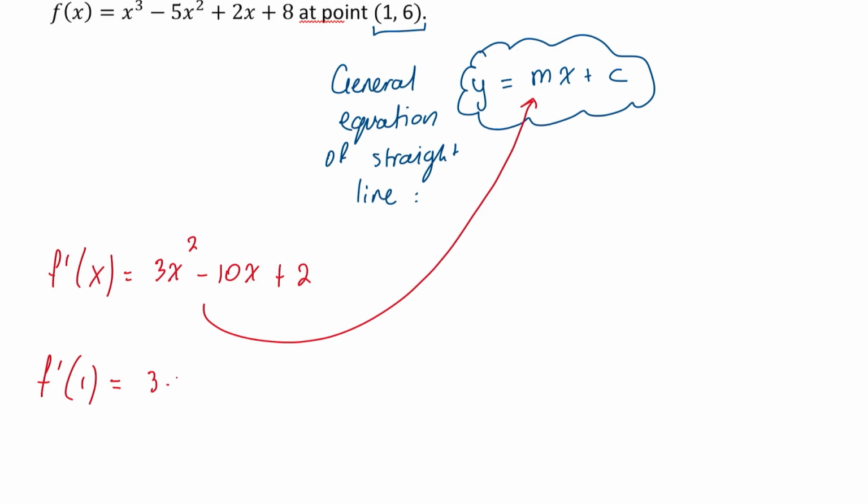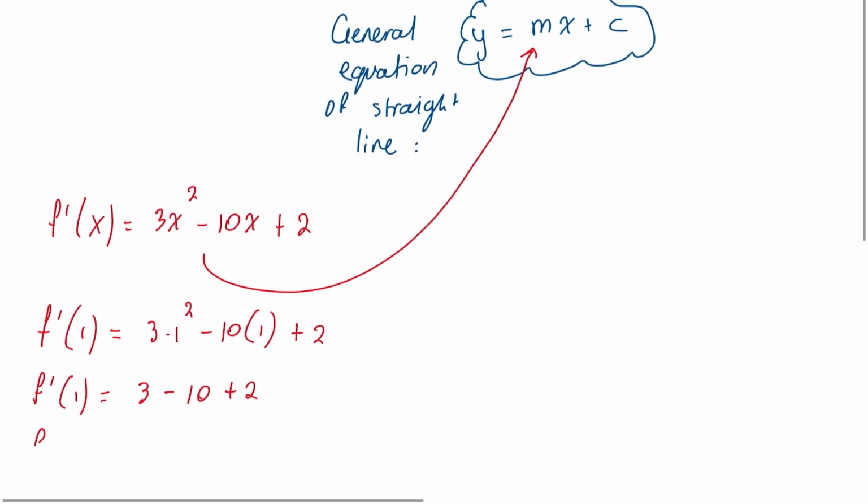So it's going to be 3 times 1 squared minus 10 times 1 plus 2. And that will give us 3 minus 10 plus 2, which is equivalent to minus 7 plus 2, which is minus 5. So we know that m